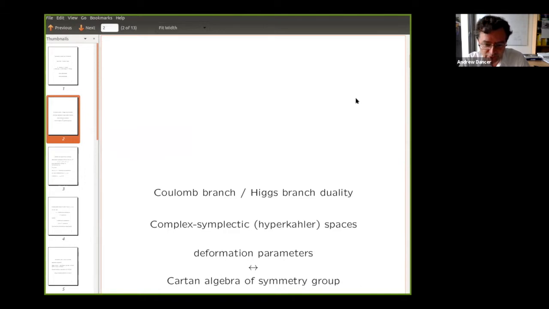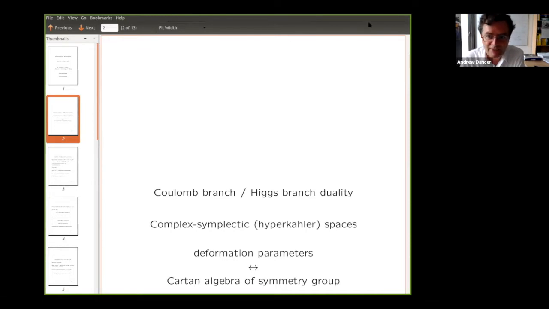For our purposes, we're going to be thinking of this as a duality between certain pairs of holomorphic symplectic, in fact, in practice, always hyperkähler spaces, but possibly with certain singularities, typically affine varieties. They have a bit of extra structure. I think the original form of the duality was really for hyperkähler varieties with a conical structure. You often consider little deformations of those where the conical singularity is smoothed away to a smooth affine variety. And that deformation typically breaks an SU2 action that rotates the Kähler structures to a circle action that rotates the Kähler structures. So there is a little bit of extra data. These are not completely arbitrary hyperkähler varieties.